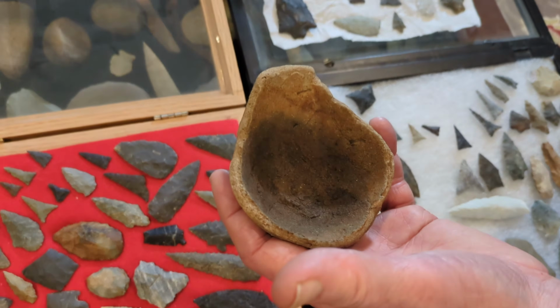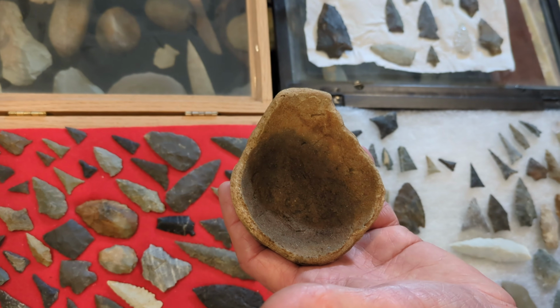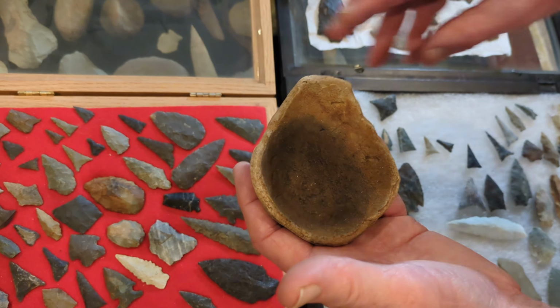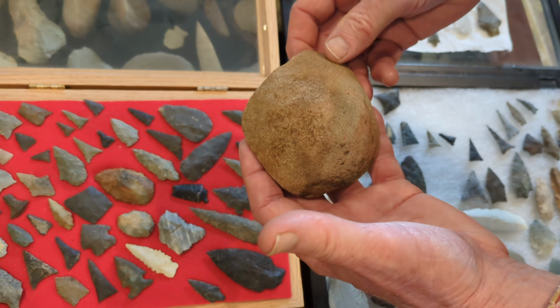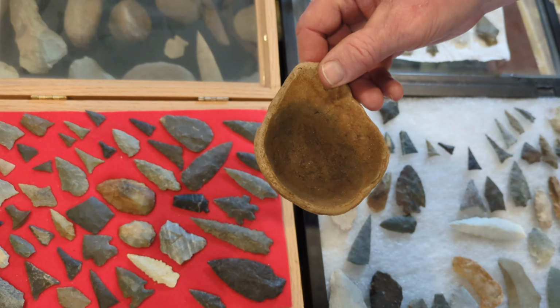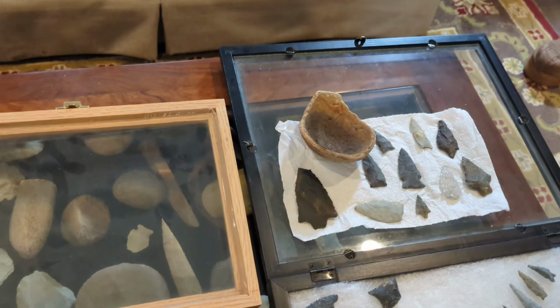Yeah, that's incredible. Especially incredible that you recognized it for what it is, because a lot of people would have just walked right over that. Yeah. Well, actually, when I saw it this way, I flipped it over thinking, well, it's a turtle shell. And then I immediately realized, no, that's not a turtle shell. So now, do you know how they made that kind of